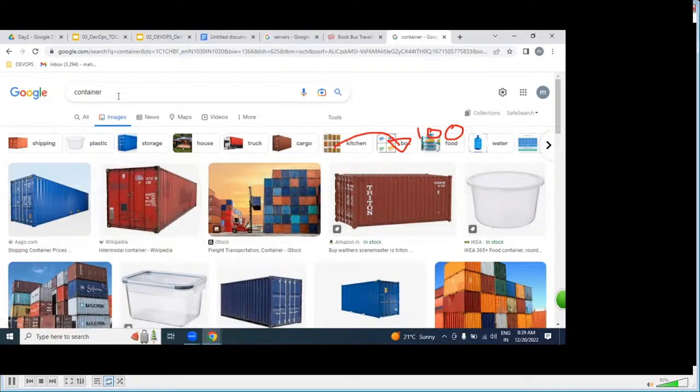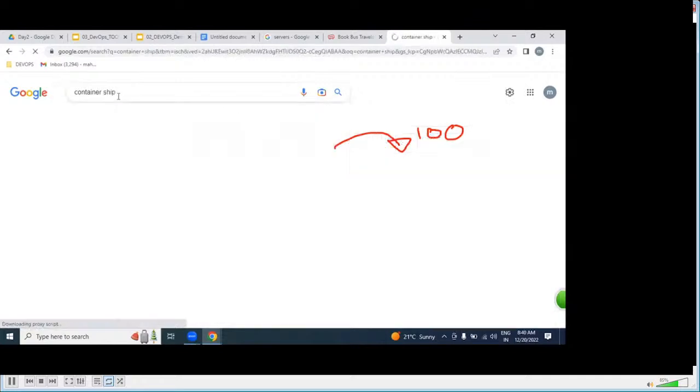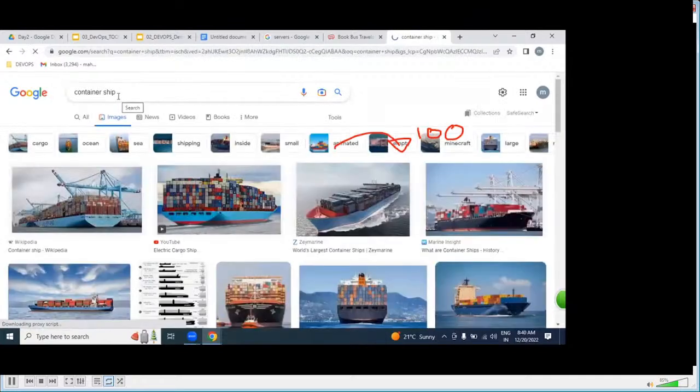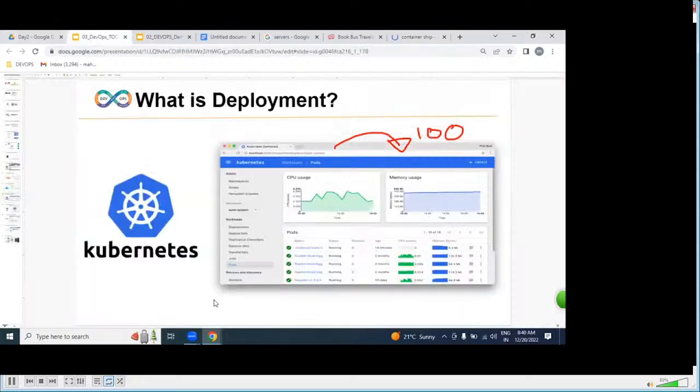But these containers are going to be controlled by whom? The ship. Where is the ship here? Kubernetes. Understood very clearly. So the Docker containers are managed or controlled by Kubernetes.